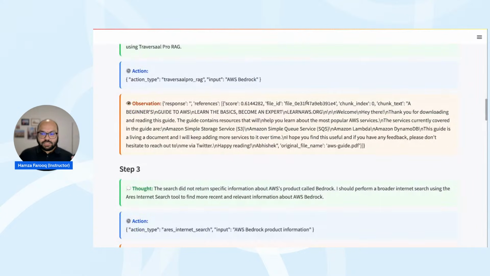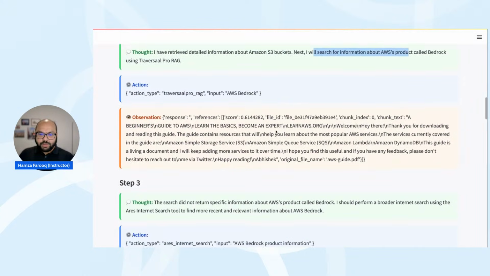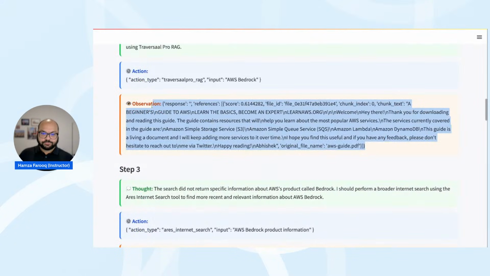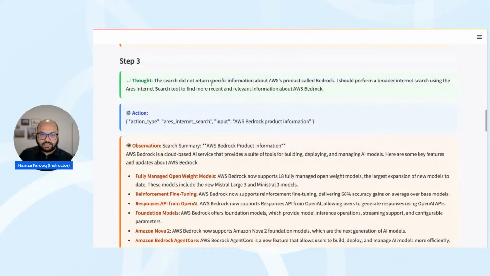Now, if you see, it said AWS Bedrock, and it received an answer also. However, it said the search did not return specific information about the AWS product called Bedrock. I should perform a broader internet search using Aries Internet Search to find more recent and relevant information about Bedrock.